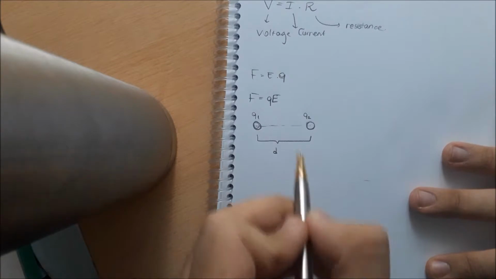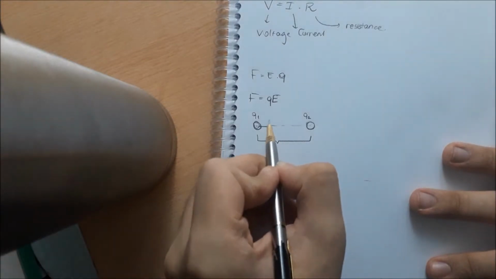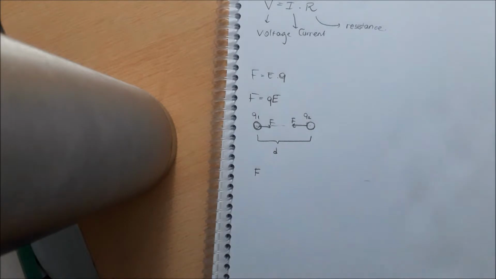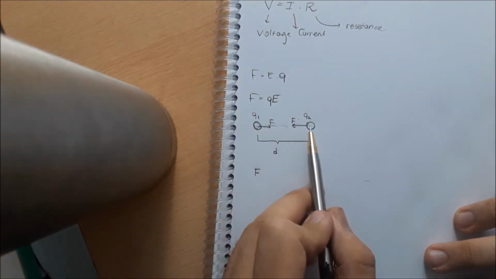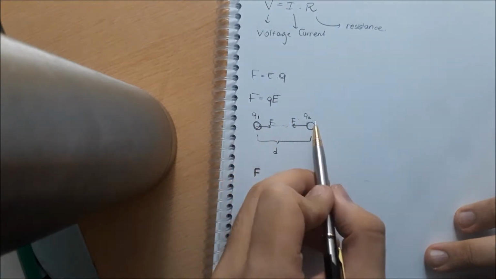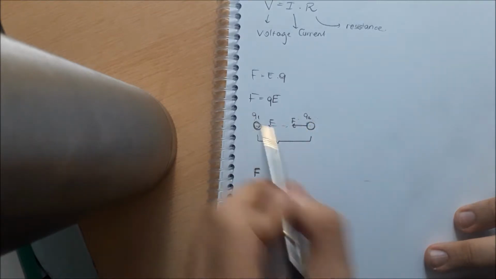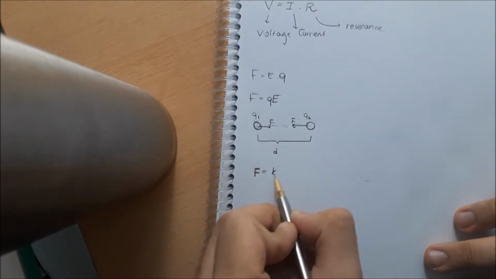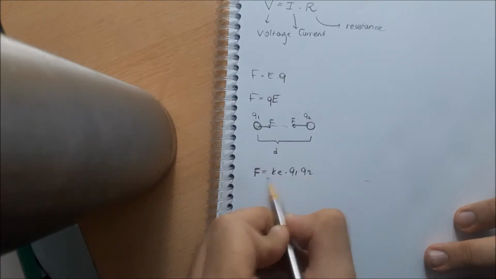and Coulomb's law says that F, the force between them, doesn't have to be along the line through them. Q1's electric force on Q2 doesn't have to be through Q1. The directions can change, but the law says that they are equal. By the way, the electric force of Q1 on Q2 equals the electric force of Q2 on Q1. They are equal, and that magnitude is equal to Ke times Q1 times Q2 over d